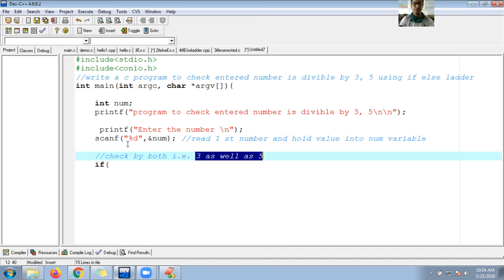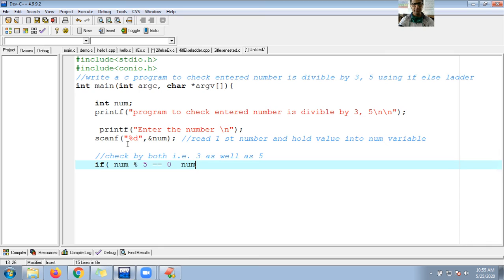If number mod 5 is equal to 0, as well as I need to check one more condition, number mod 3 is equal to 0. If both are true, then only I have to say the number is divisible by both.